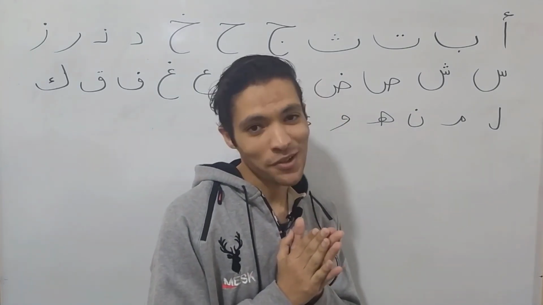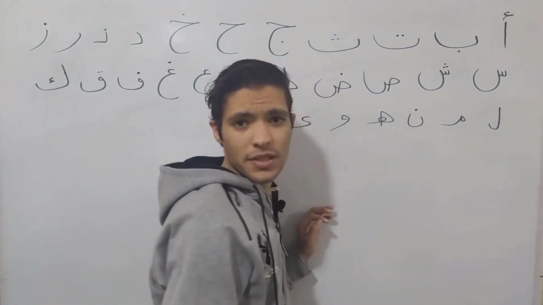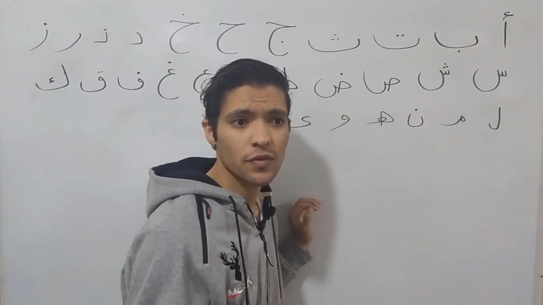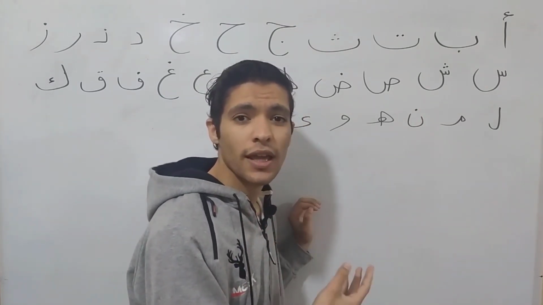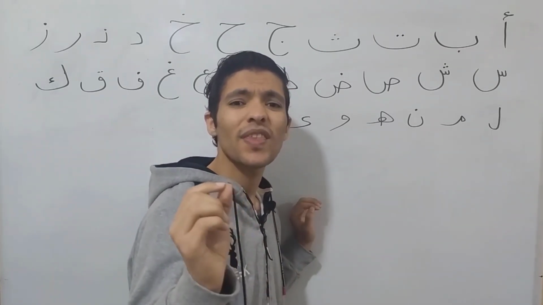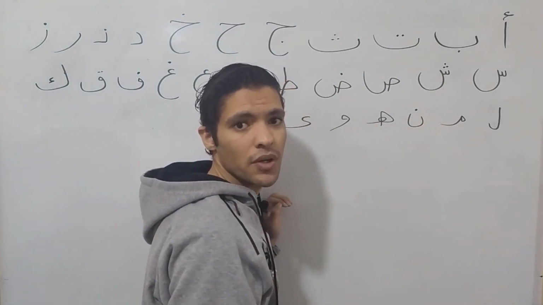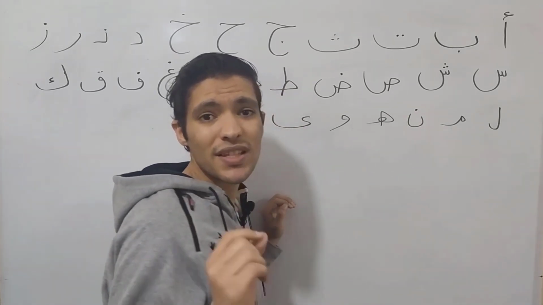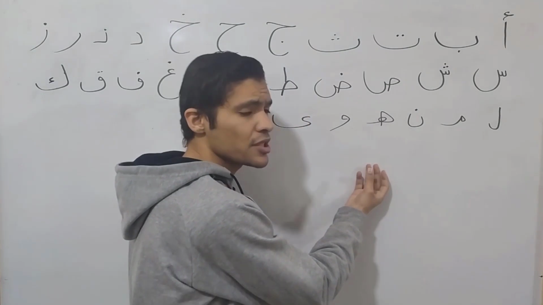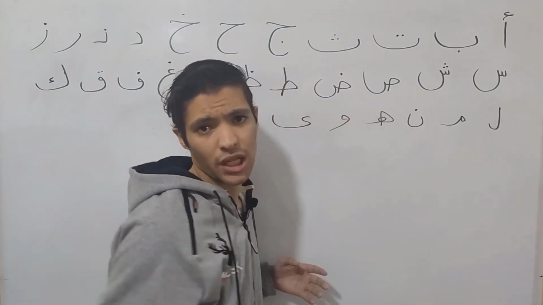Okie dokie. So let's start from the very beginning, from the alphabet. I want you to know that I've been teaching lots of people the Arabic language, and some of them, even though they are good at Arabic, don't know some secrets about the alphabet, the letters themselves. So that's why we should cover lots of things about the alphabet first. We will take our time talking about the alphabet in Arabic.